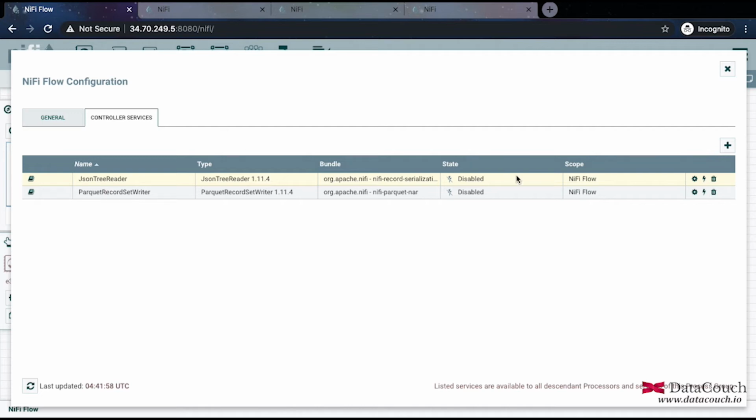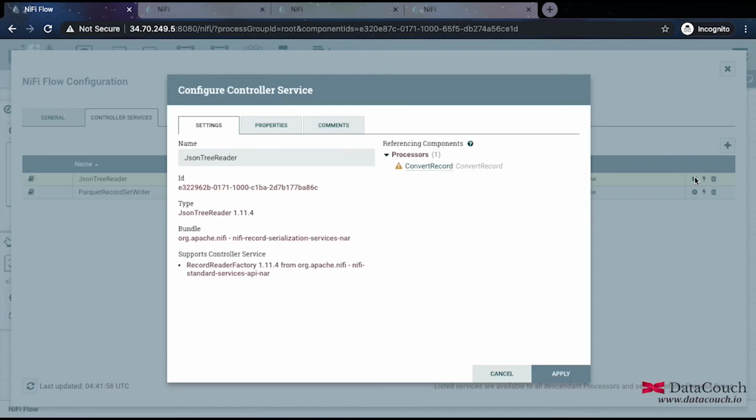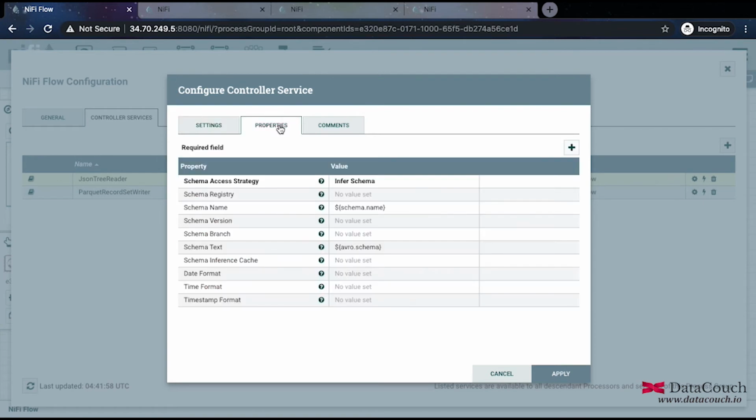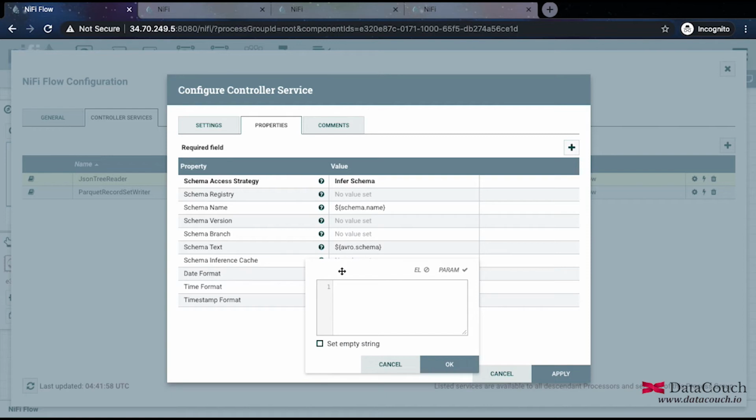So let's go inside this JSON tree. These are the configurations, and I'm just specifying one configuration here, which is the date format.